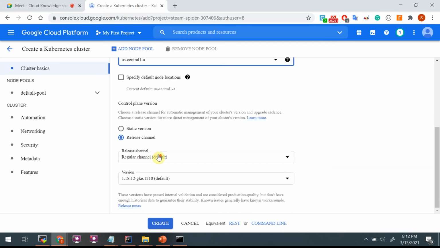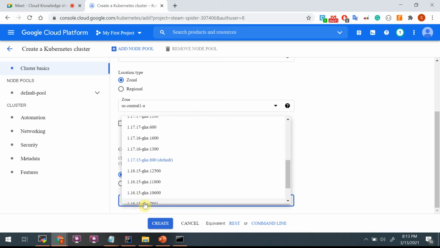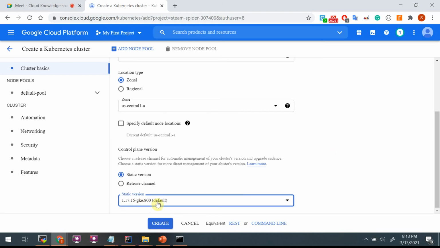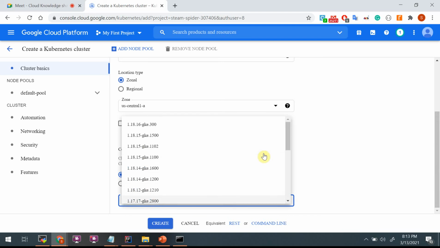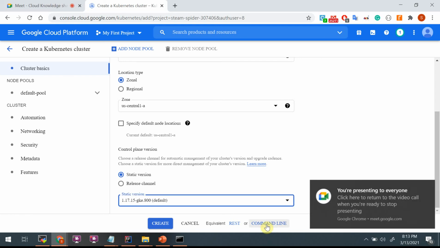So here this comes: what is the release of Kubernetes that you're interested in? Either you can go for a static version of Kubernetes, where the latest version is this 1.17.15. Of course 1.18 is also there, but again this is very new. But this is the default that is given. Of course you can also select the latest one if you're interested. So I'm going with the default value. And let's say I'm just creating it. Before creating it, I can look at this command line, which will tell me